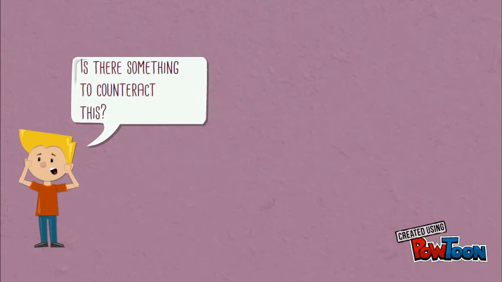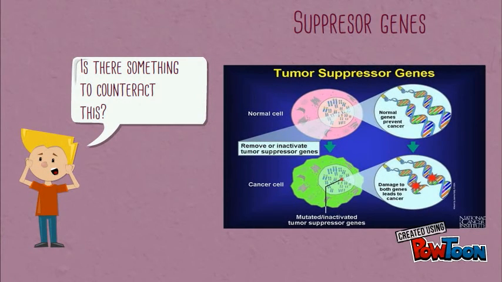To counter this, there also exist suppressor genes, which are genes encoding proteins capable of inhibiting cell proliferation by blocking the activity of oncogenes and oncogene products. Suppressor genes inhibit cell growth under normal conditions. When a mutation occurs in these genes,